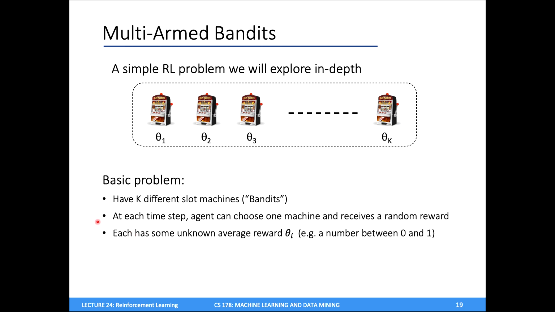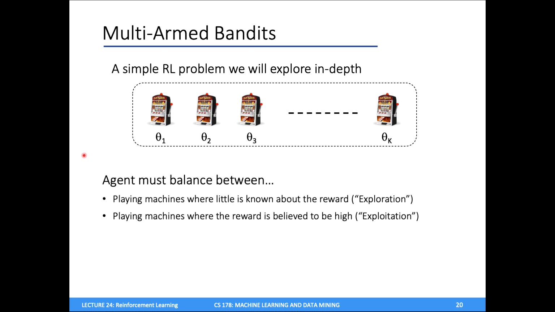Importantly, the payouts here are random. So maybe 30% of the time the first machine gives me $1, and the remaining portion of the time the machine pays out nothing. The goal of my agent here is to figure out which of these machines has a high payout and which of these machines does not have a high payout. At the outset, our agent has no idea what machines are good, what machines are bad. It's totally blind to what's going on here.